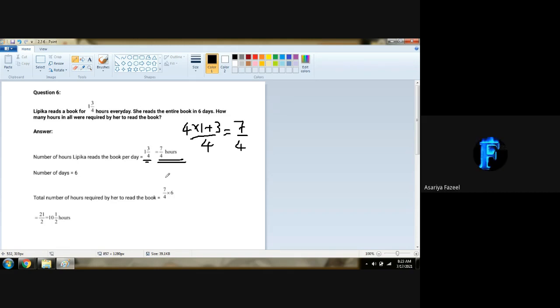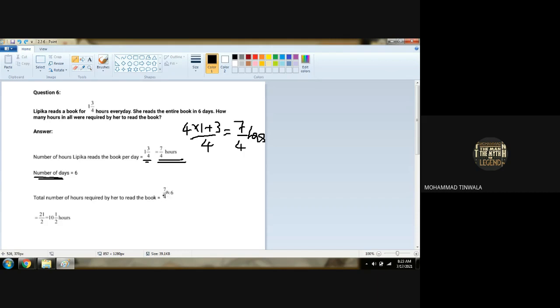Number of hours Lipika reads the book per day is 7 upon 4 hours. So in one day she does this much reading, right? Now the number of days she took to complete her book was 6. It is written over here in the question, right? Total number of hours required by her to read the book is 7 upon 4 multiplied by 6, which gives us